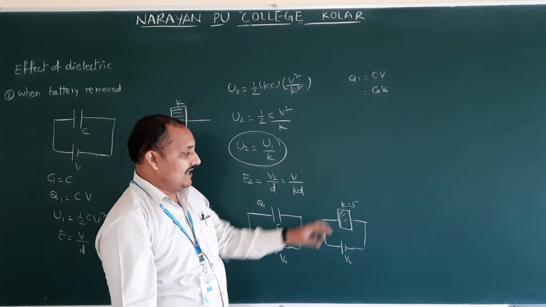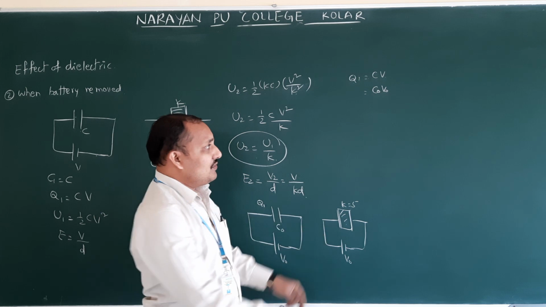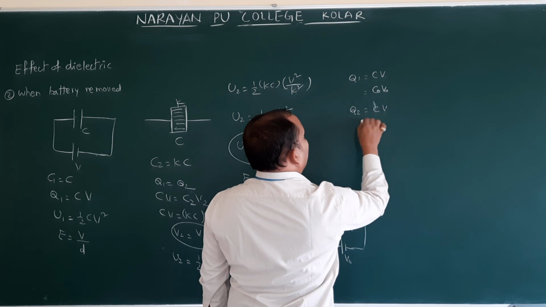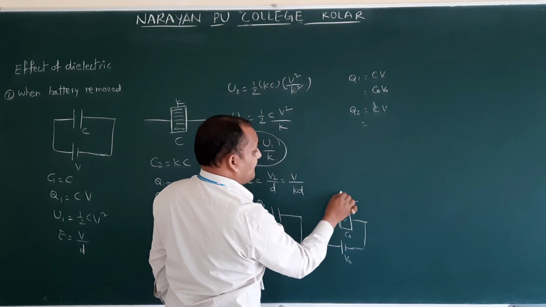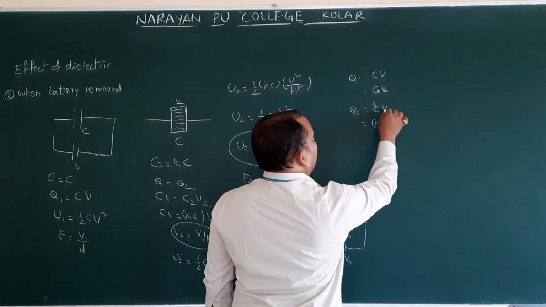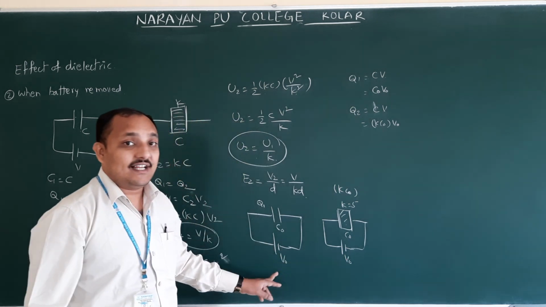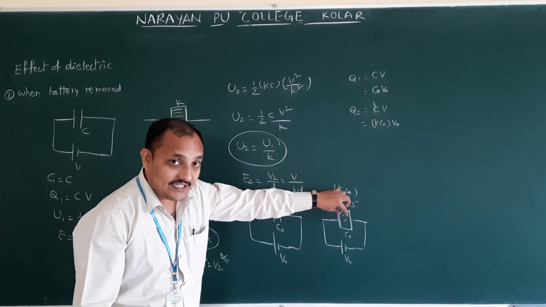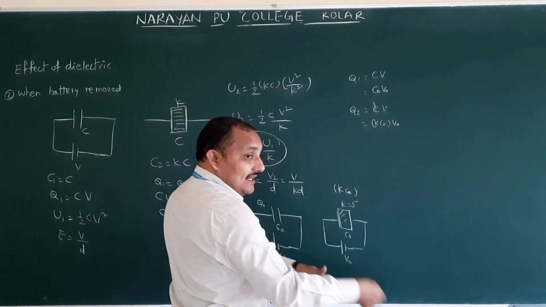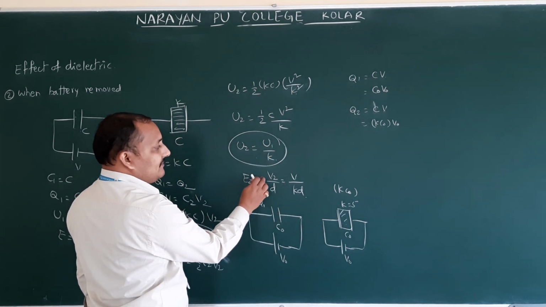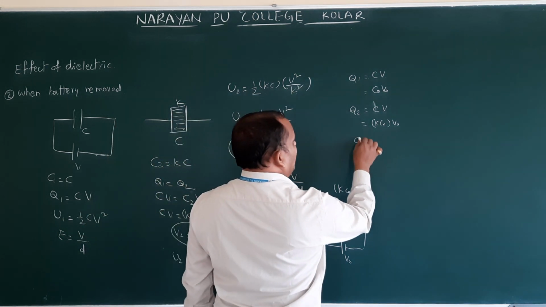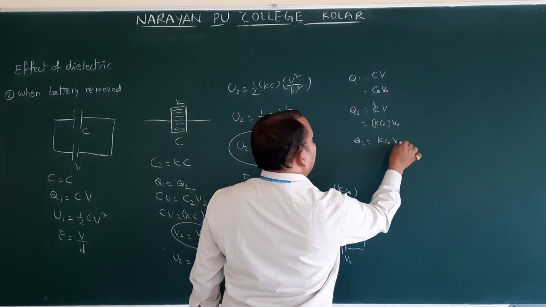So after introducing the dielectric, what will happen to the charge? Q2 is equal to, you can take the C value. Now C is going to become K times, it increases K times. Therefore K C0 into potential, which is the same, right? Because the battery is still connected. Whenever the battery is still connected after introducing the dielectric slab, what is constant? Potential is constant. Therefore V will become V0. If they remove the battery, then V will become V0 by K. That difference you have to understand. Therefore, Q2 is equal to K C0 V0.